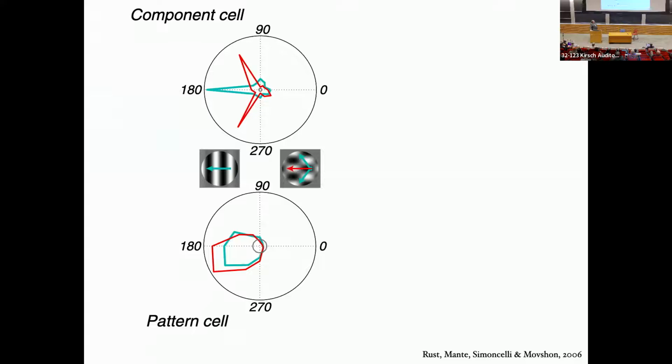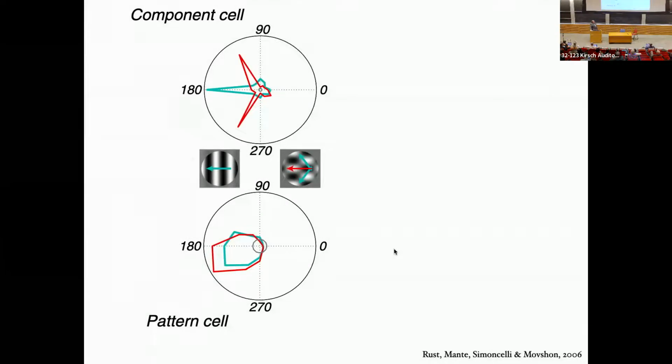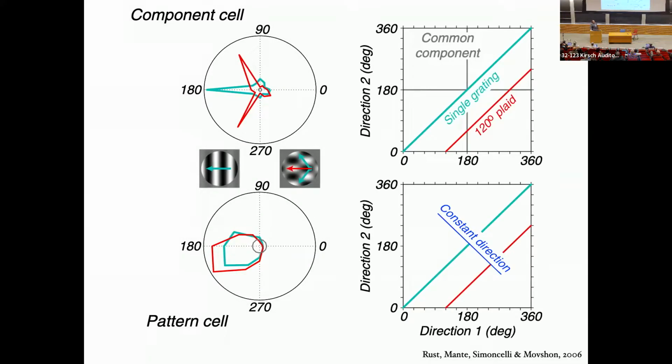So these are the tuning curves of two more example cells, a component cell at the top, red is plaids and blue is gratings. Down here, a pattern direction selective cell. In order to test this model and to evaluate it fully, what we decided to do was use a larger